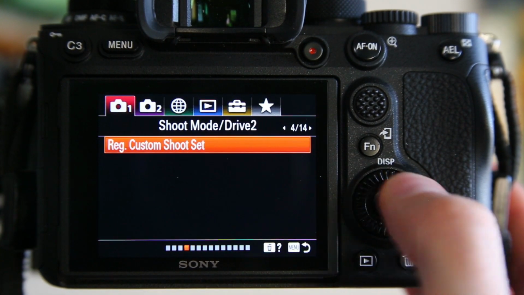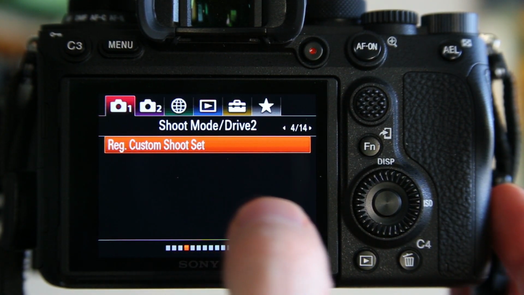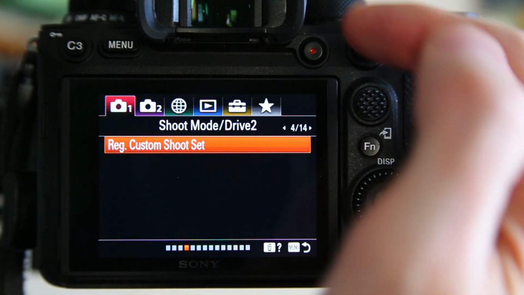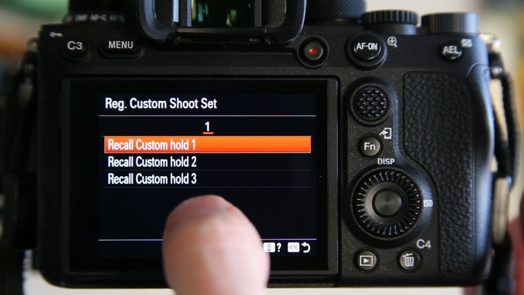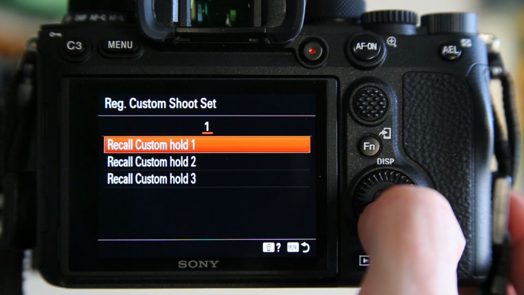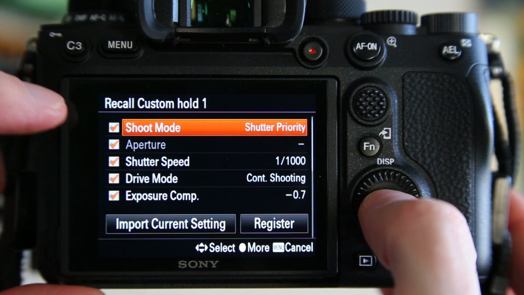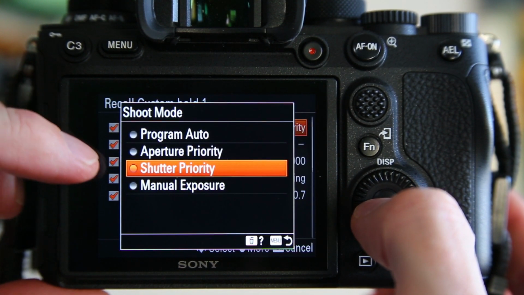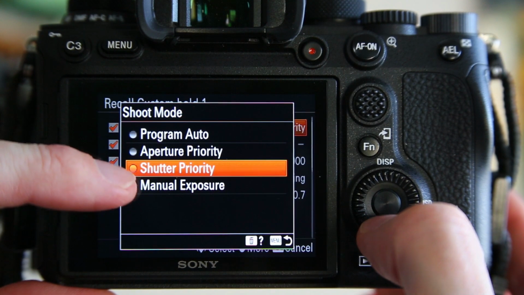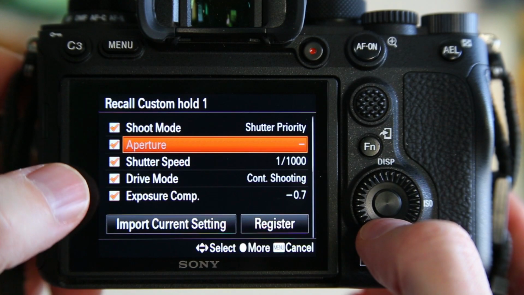Moving on to page 4 of chapter 1, here's our register custom shoot set. This is where you go in to register those custom functions that you use all the time to your main mode dial, 1, 2, or 3. And you select it, and then you get to choose: recall custom hold 1, 2, or 3. You select it again, and now you have a choice of what you want to be able to change with a check mark. If you want to change the shoot mode to shutter priority, you select that. If you want to change that to something different, you can choose manual, aperture, or whatever. Then I go backwards with the menu button, and then as I go down,